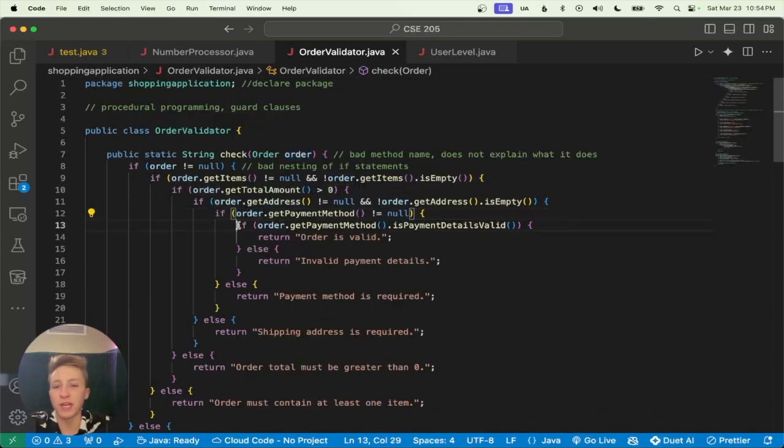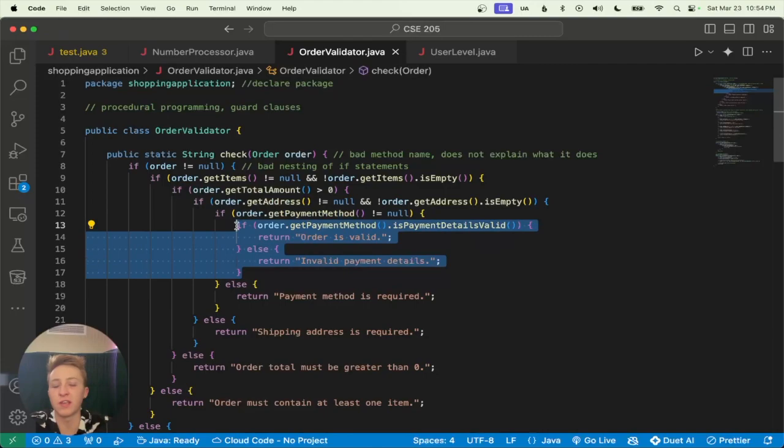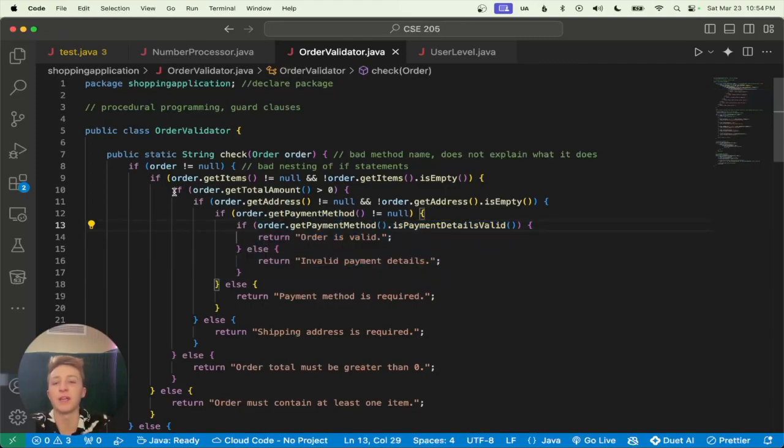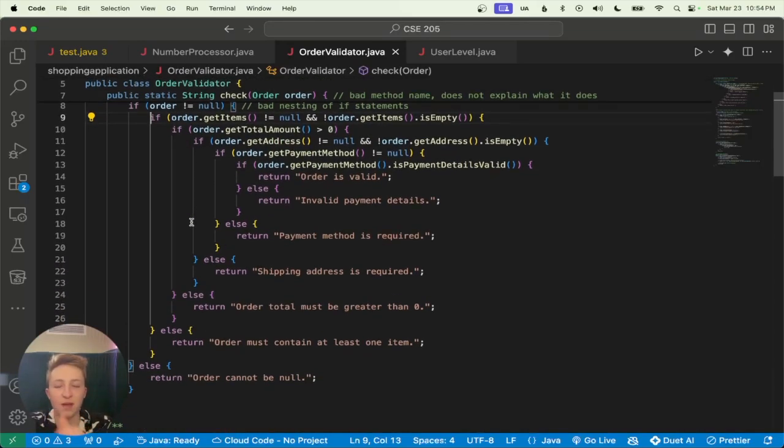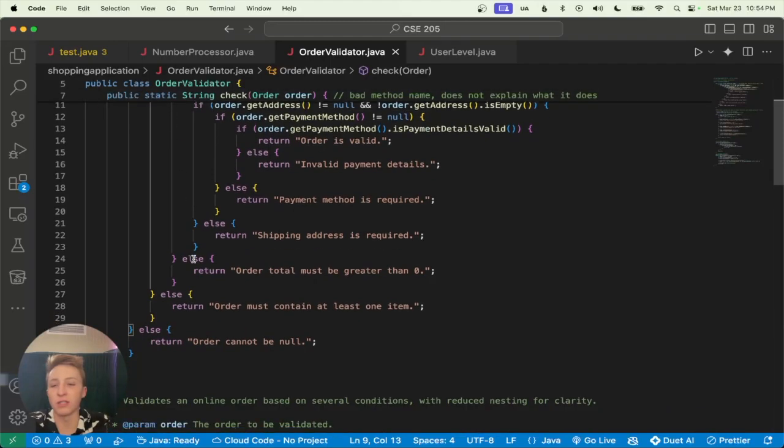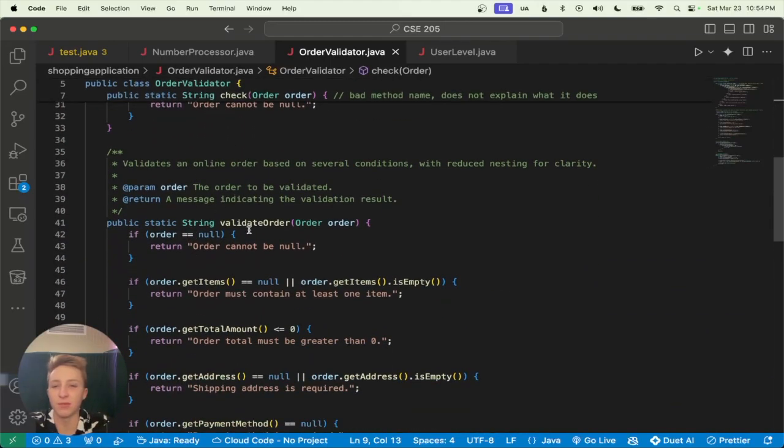So because there's so many if statements, we want to kind of reduce the amount that we have. One way to do this is by using early exit programming, which is basically when you have a condition with an if statement and it's going to return, you want to return it as soon as possible. You want to kind of expand all these if statements and make them shorter so they're not all nested inside of each other. So we have this example method here,